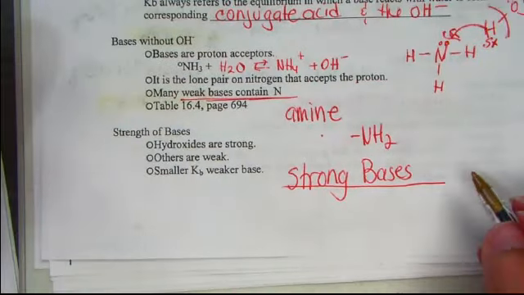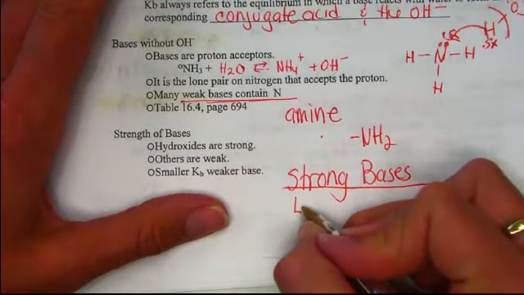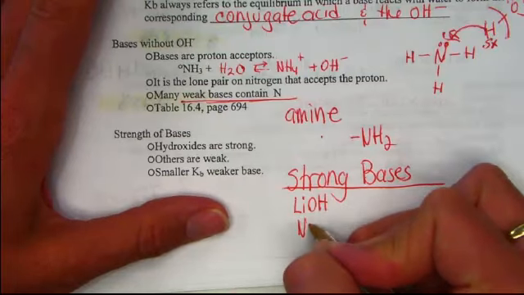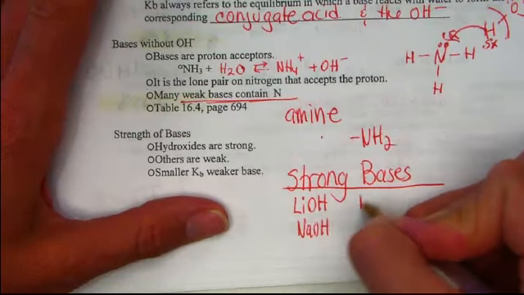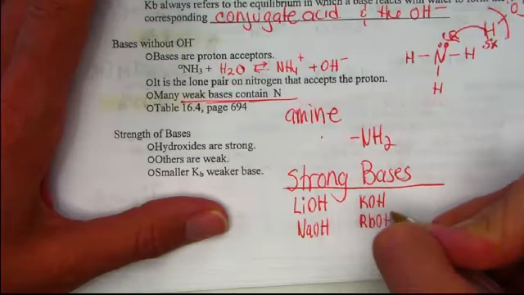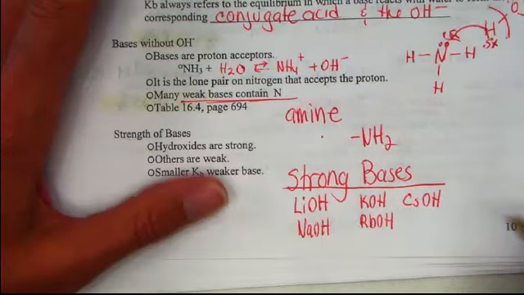We know those strong bases would ionize completely in water. The strong bases come from the first family, such as lithium hydroxide, sodium hydroxide, potassium hydroxide, rubidium hydroxide, and cesium hydroxide. Those alkali metals